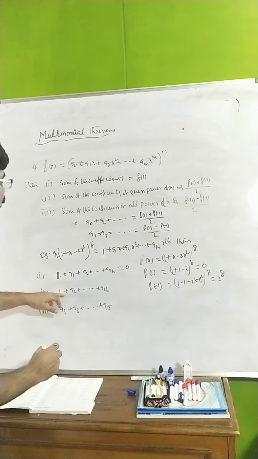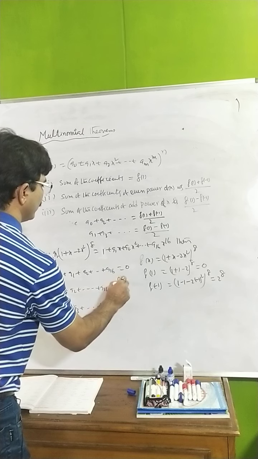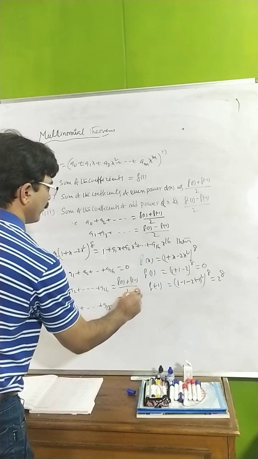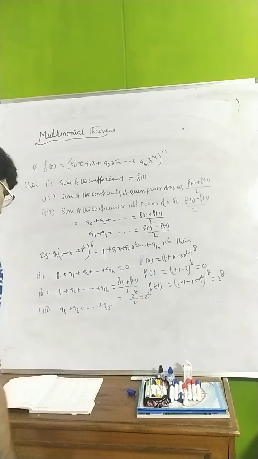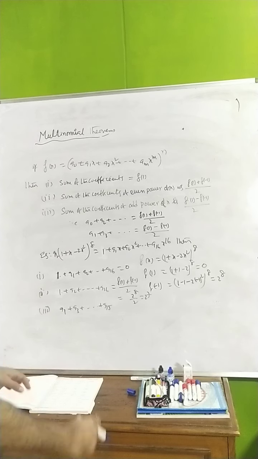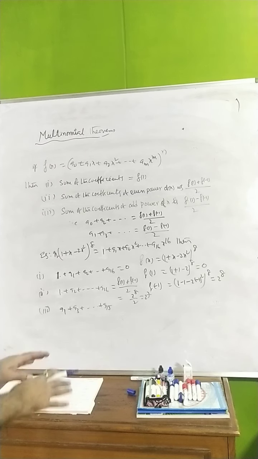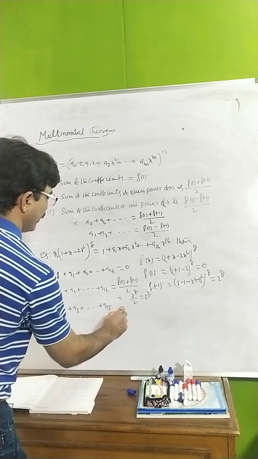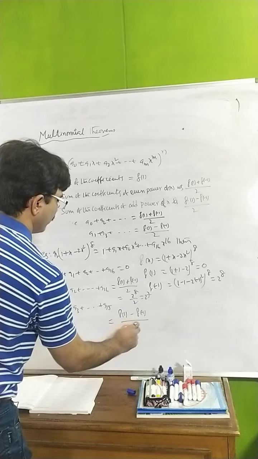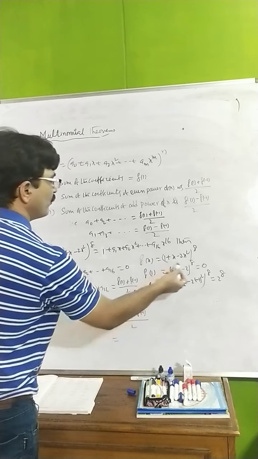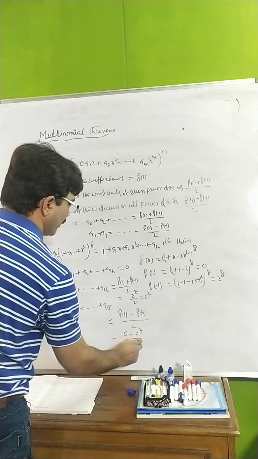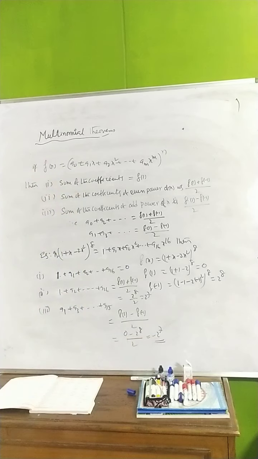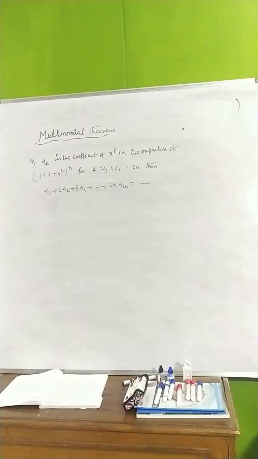So now for even, a0, a2, etc., what is that? f of 1 plus f of minus 1 divided by 2. That is, 2 to the power of 8 divided by 2 means 2 to the power of 7 you are getting. Right? See this one very clearly. The next one is odd: a1, a3, a5. That means f of 1 minus f of minus 1 divided by 2. So the value of this one is 0 minus 2 to the power of 8 divided by 2, that is minus 2 to the power of 7 you are getting here, like this.